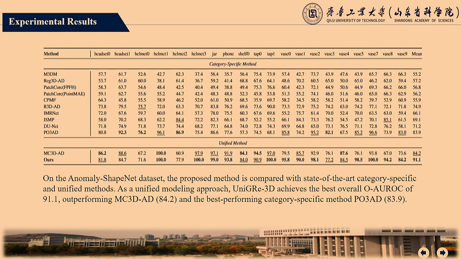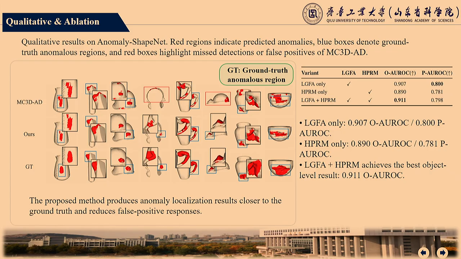Now I will introduce the visualization results and ablation studies. The visualization results are presented on the Anomaly-ShapeNet dataset. In the visualization, the red region indicates the anomalous area predicted by the model. The blue boxes indicate the ground truth anomalous regions, while